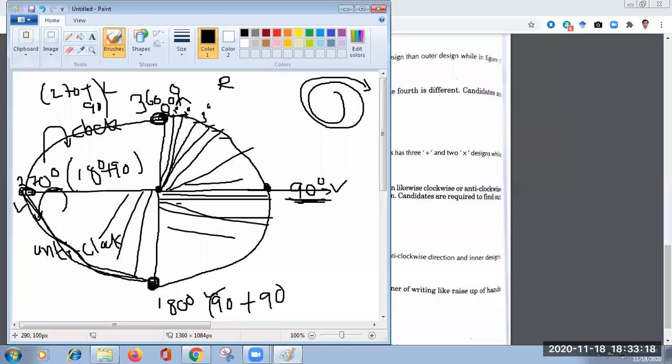So 360 degrees he has completed. That means in order to rotate